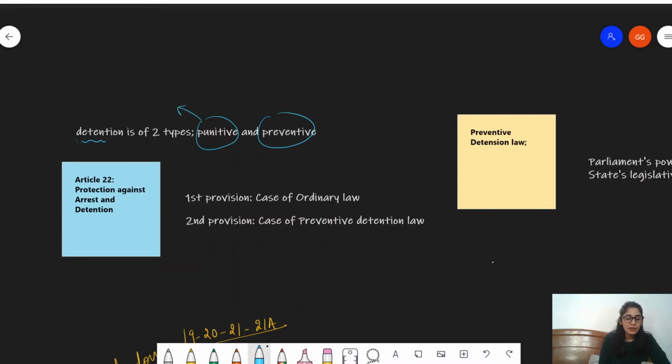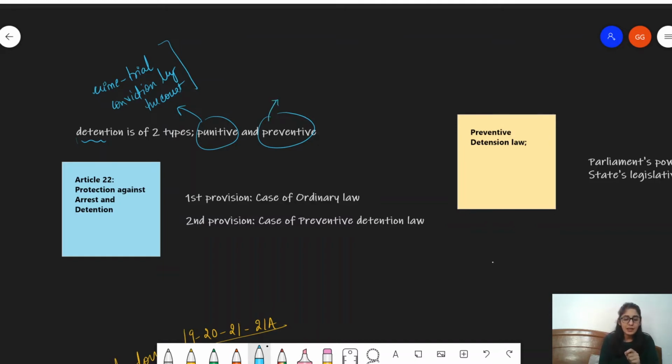Difference here is that you see, you commit a crime. All right. You commit a crime, you undergo the trial. All right. And then after the trial, there is what? There is conviction by the court. Is this clear? This is the usual process. All right. This is how you understand punitive detention. So the punishment that you would be awarded with would be understood as punitive detention.